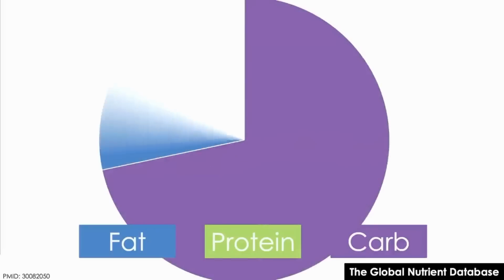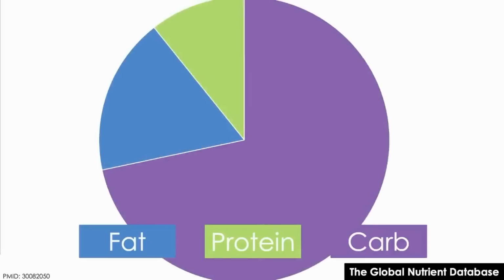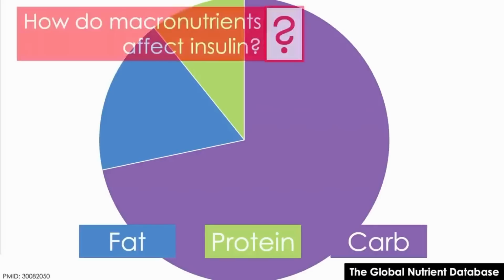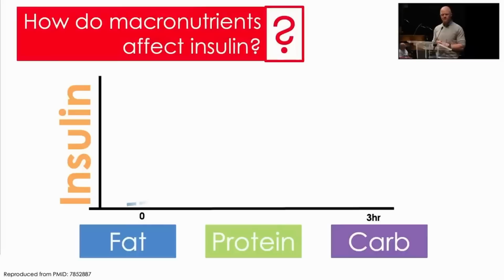This is the way people eat around the world. And to my great pleasure, I've been able to give versions of this lecture, not quite as specific as I'm giving now, in countries around the world. Southeast Asia, Asia, Middle East, where the problem is even worse than it is in Europe and in the US or in America. These are the macronutrients. Now let's see how these affect insulin.